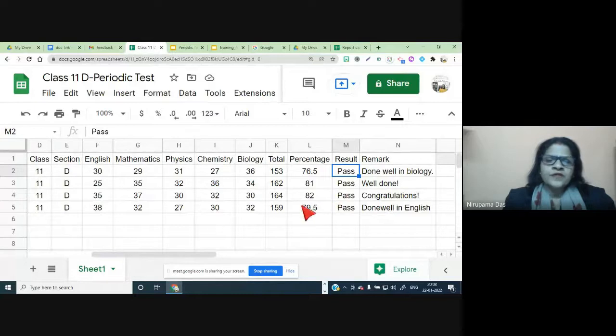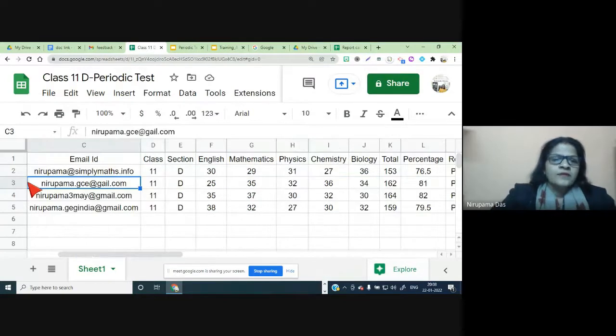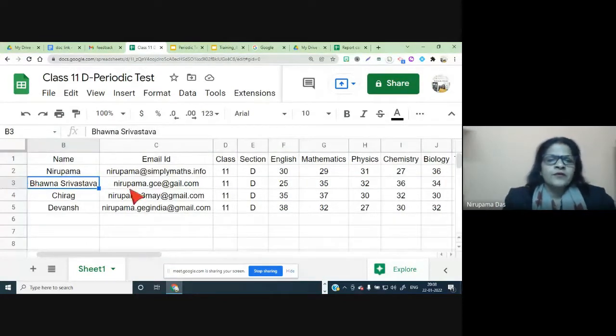So all these things, whatever we need for our report card, we have to take in the spreadsheet. The result sheet should contain whatever we need for our report card. Okay, so this is ready now. Result sheet ready. Then next step, in this result sheet, we want to take the AutoCrat add-on.